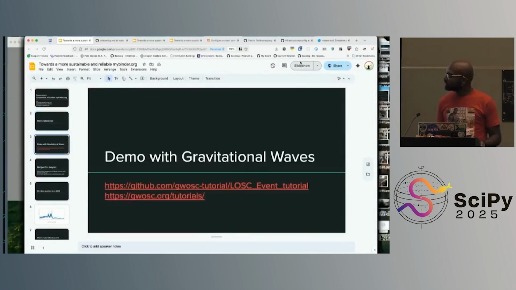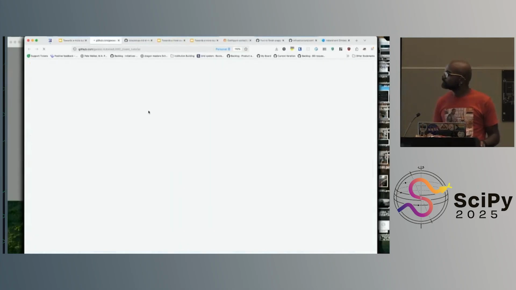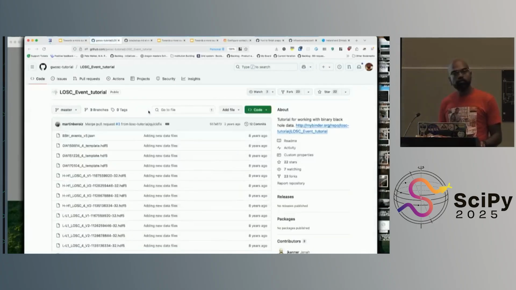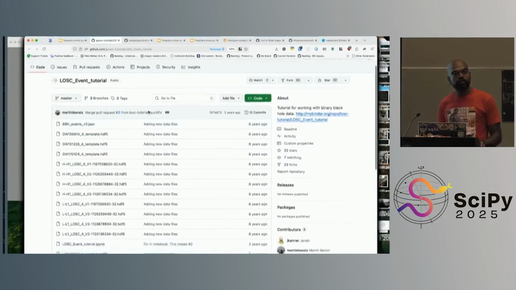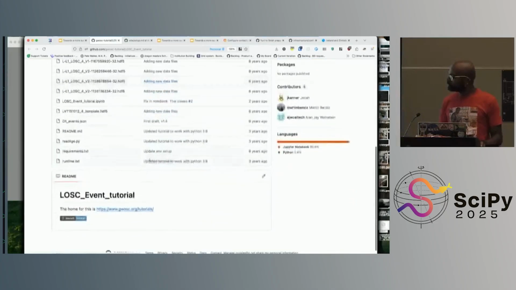show it, because that I think is easier, using one of my most favorite examples, which is the LIGO event, the gravitational wave discovery that got the Nobel Prize. The LIGO people run a tutorial so that you can play with their data and reproduce their results, and they made it available through their website in a number of ways.